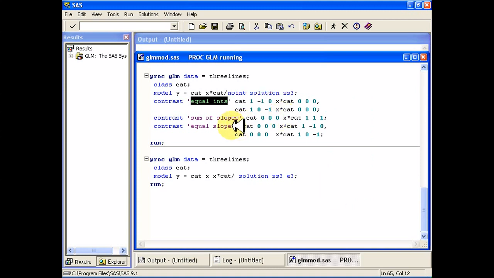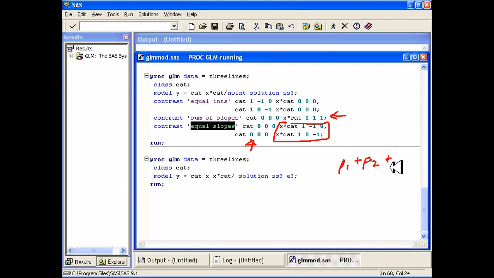If you want to do something like equal slopes, test the slopes instead of the intercepts, you could do the same thing just backwards. So now I've got the numbers in here, and that's of interest, and then I've got zeros over here. But then the sum of slopes, this is testing whether beta 1 plus beta 2 plus beta 3